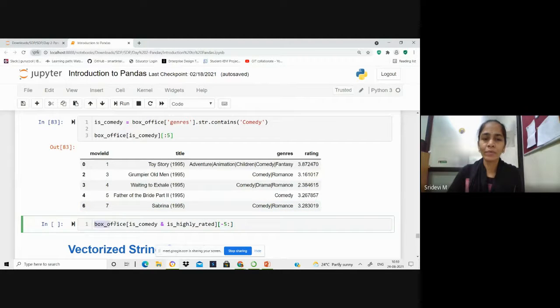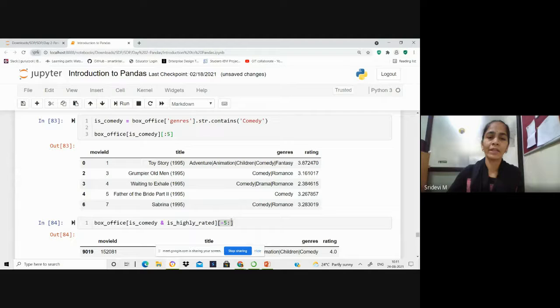and at the same time, they should be highly rated. So we take both the filters at a time, combine them with a logical AND operator, and apply it on the box office data frame and get the last 5 data points by giving the slicing operation -5 with all the columns, meaning the last 5 data points with all the column values.